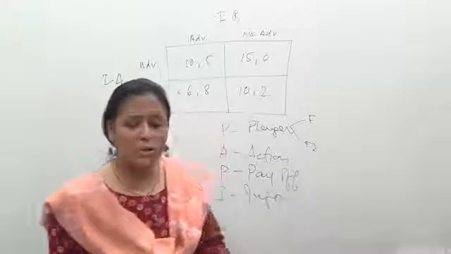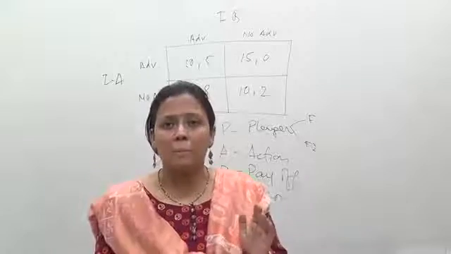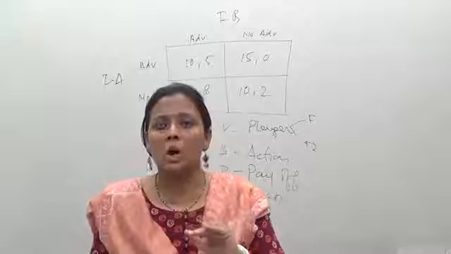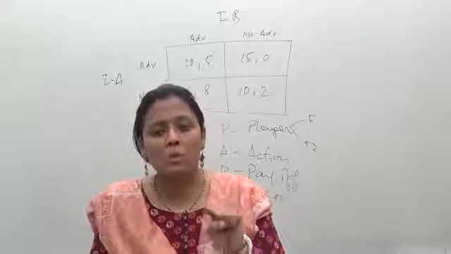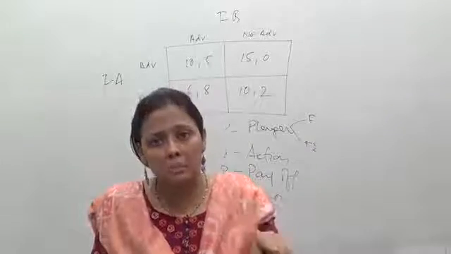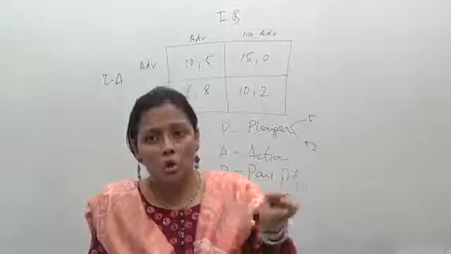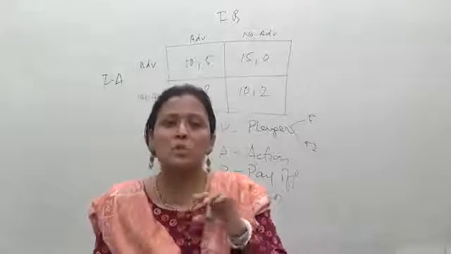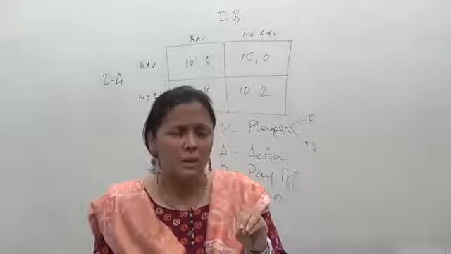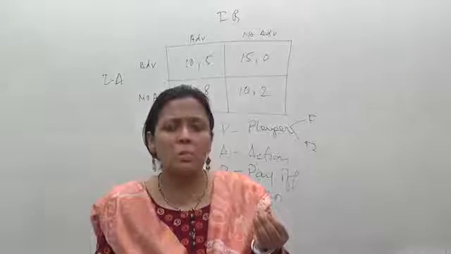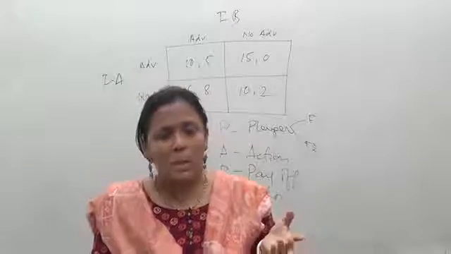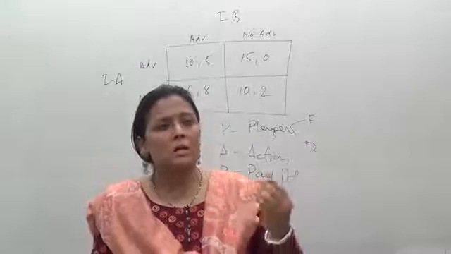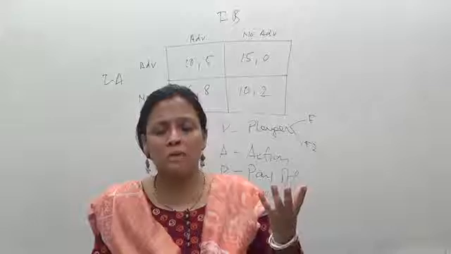Before going into player, action and payoff, the firm collects very good information about its rival, about the market, about the financial market, what the stock situation is, everything. This is called the information. Suppose, as an example, you want to open a new dry cleaner shop near your area, whatever area X.